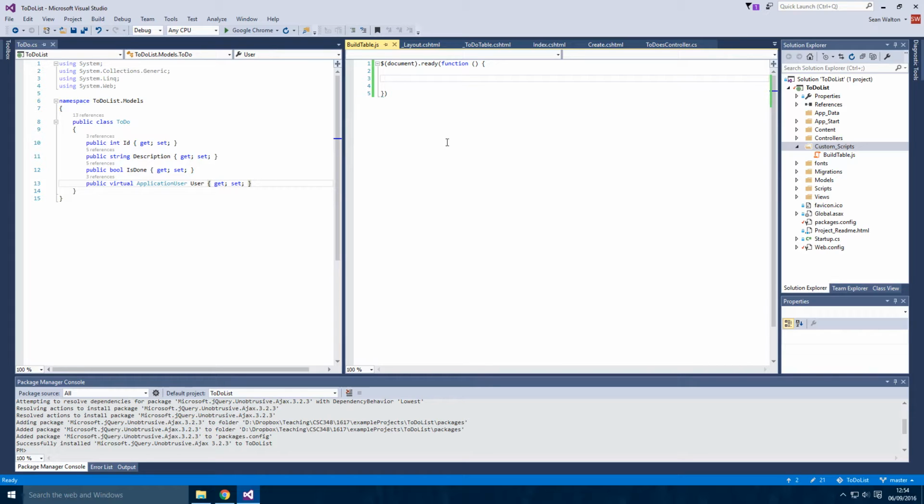is we want to make an AJAX call, and I'm going to do this using the jQuery interface, or API I guess, for AJAX. So we're going to call AJAX, and then we're going to give it some arguments. So the first argument we're going to give it is the URL we want the AJAX call to send a request to, and that's going to be ToDos